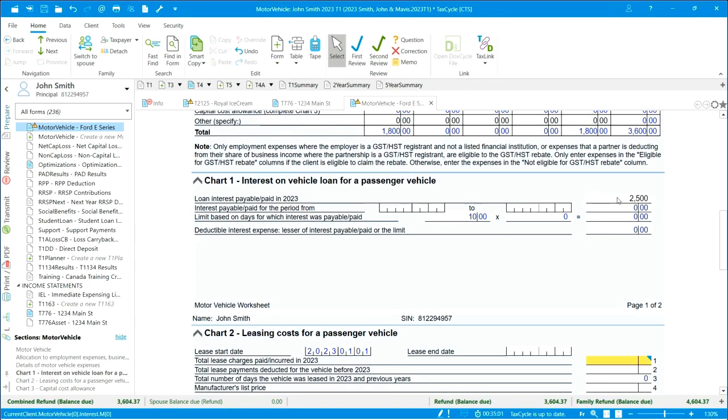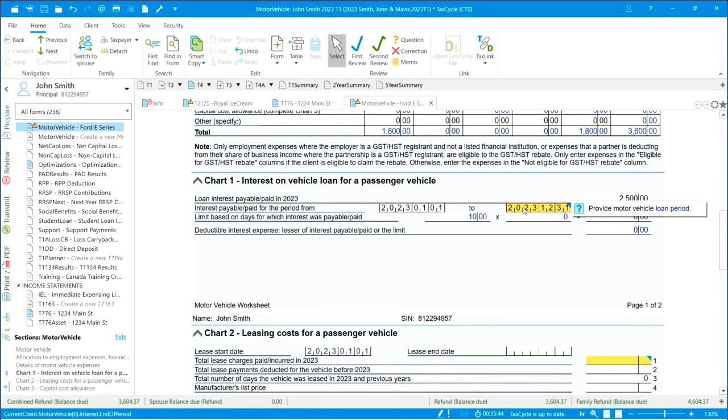So let's imagine he had a fair amount of interest, and then you need to enter the date for the year in which he paid the interest. Now, even if this loan extends to 2026 or something like that, you don't want to enter that. It always must end at the end of the current year. So he purchased it this year, so we have a date that he acquired. So we're going to put 2023 0101, and of course I need to make sure that it's ending, so it's 2023 12/31,